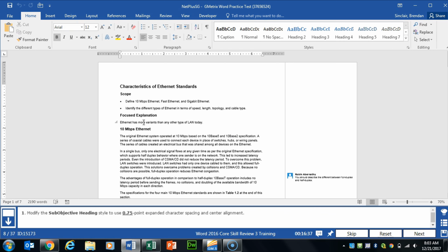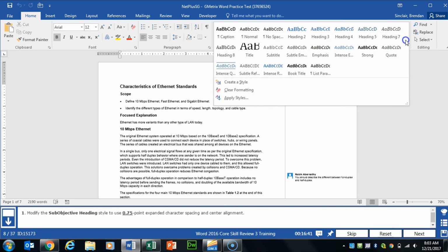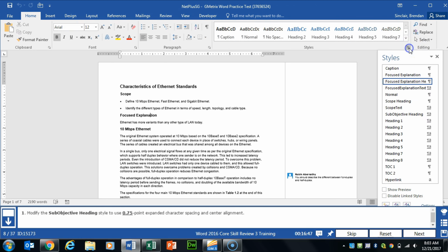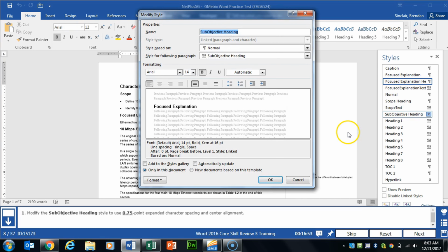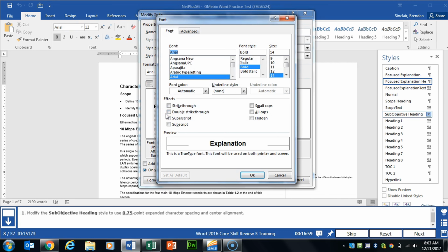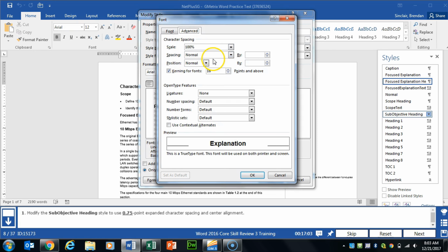Task 8 wants us to go ahead and modify a style. So we're on the Home tab in the Styles group, and we'll click this More button. If you don't see what you're looking for, which I don't at first glance, go ahead and click this dialog box and right click here, the sub-objective heading, because that's what we want to edit. One of the first things we want to do is just go ahead and click Format here, click Font. And what we want to do is click the Advanced tab here at the top,